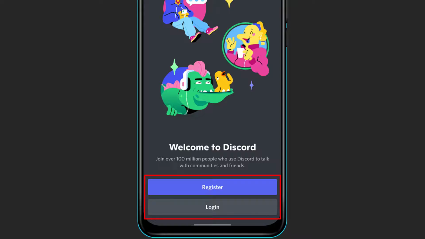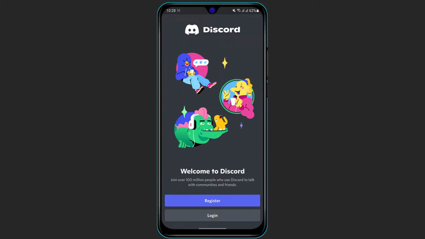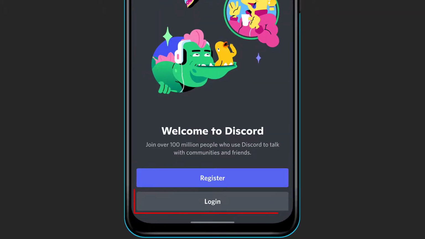and register and login. If you don't have an account on Discord, then simply click on the blue button which says register, and enter all of your details and credentials and sign up for a free Discord account. And if you already do have an account, then on the bottom of the screen you can see the option